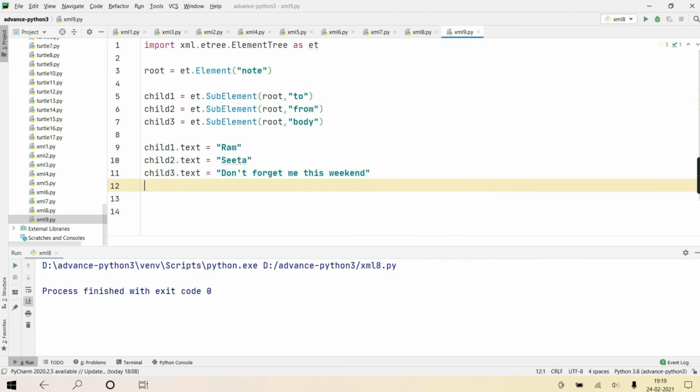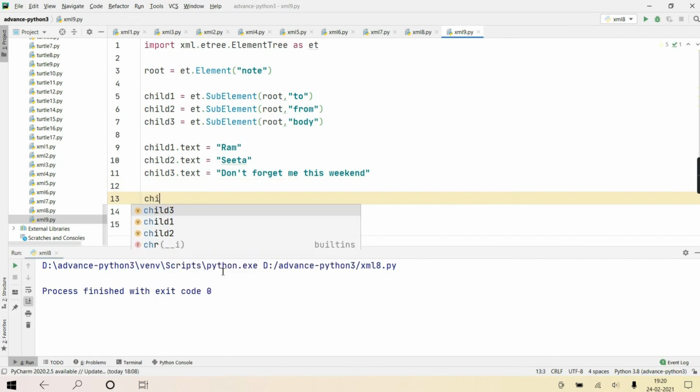Suppose I'm giving some attributes also. Some attributes I want to give to this third child. So can we give attributes? Yes. Child 3 dot set, give the attribute name, like size, with value equal to 10 KB.